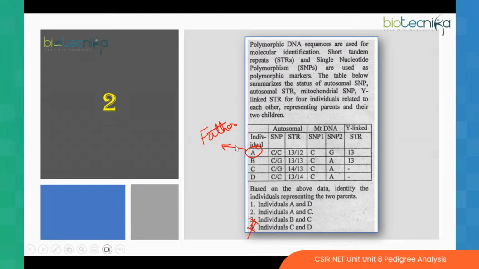So we know that A is the father. Now out of C and D, who will be the mother and who will be the daughter? So now we have to move on to the autosomal markers. In the case of the autosomal marker, when we see the STR, what we see here is that both C and D have 13 and 14. Now, A is the father. So whoever is the daughter is going to get one marker from the mother and one marker from the father. Just because 13 is a marker which is present in all,